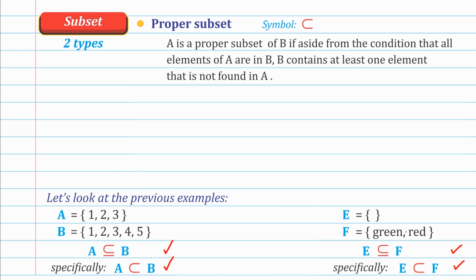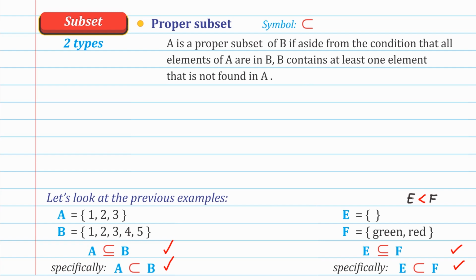This is true. Now, here's a tip. Notice this symbol. It looks like a very important concept in mathematics that you're familiar with. It can roughly look like this less than sign, isn't it? Which means if we rewrite this, we can write it as E. Instead of using that, we can be more specific. It looks like that. Which means that E has less elements compared to F. F is the bigger set. Therefore,